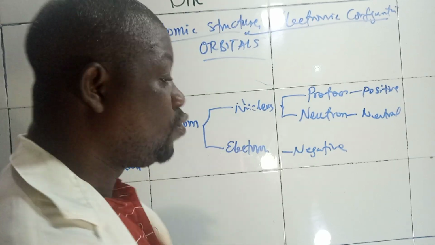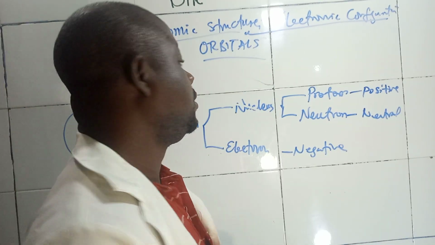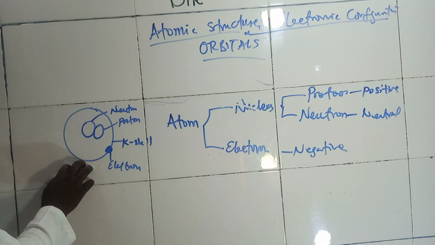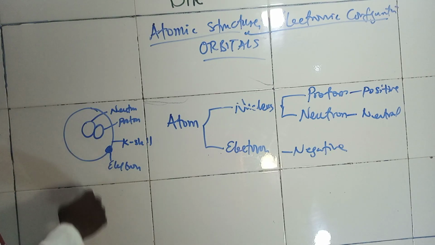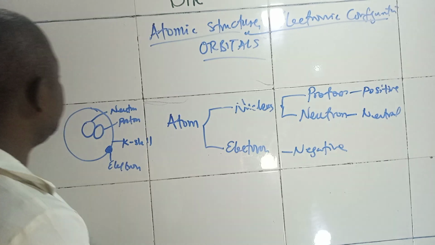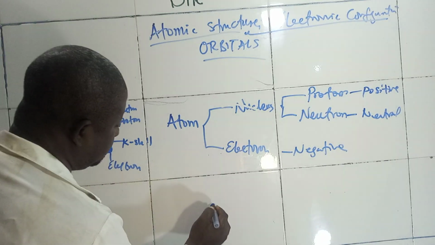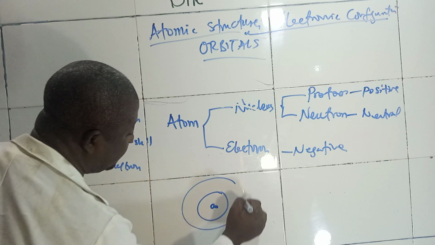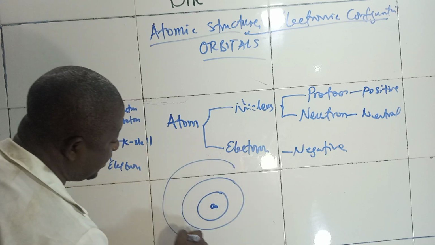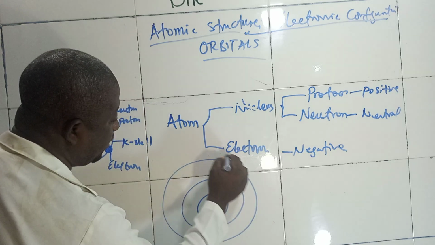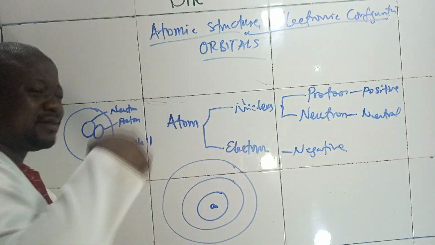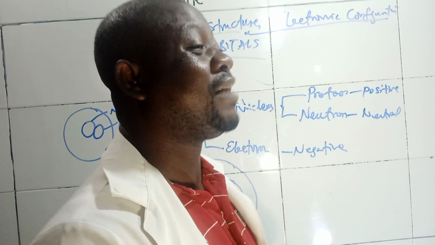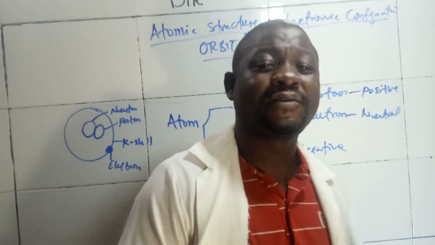So an electron is moving around the nucleus, and that does not stop there. We can have the K shell. There are seven shells anyway. This is the nucleus. We have the K shell, the L shell, the M shell, the O shell, just like that. And it depends on the atomic number of that atom